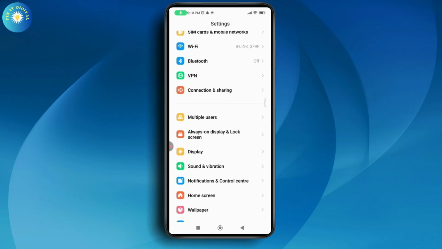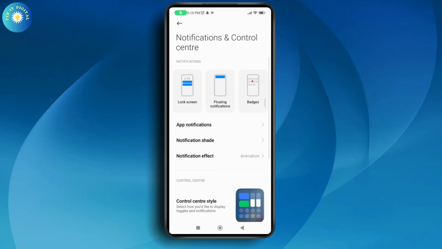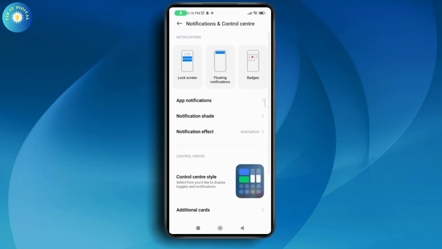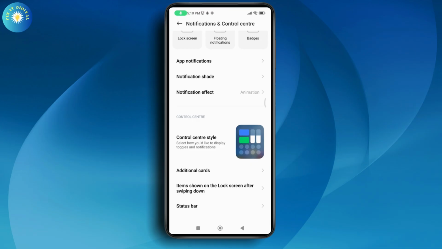Once you turn on the notification history, you need to tap on the notification history, and from there you can open up your WhatsApp, and then you will have all of the notifications that you have received on your WhatsApp or any other social media applications, and you'll be able to check the deleted message. But make sure that you've turned on the